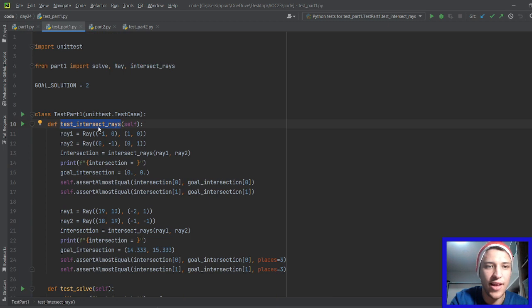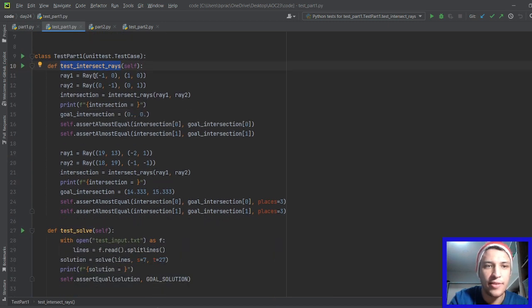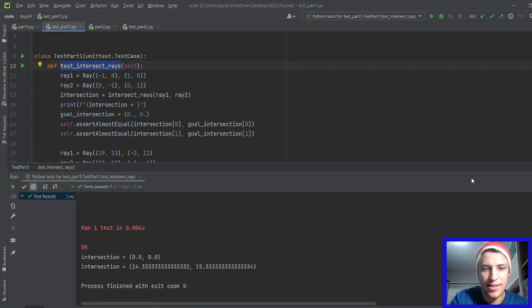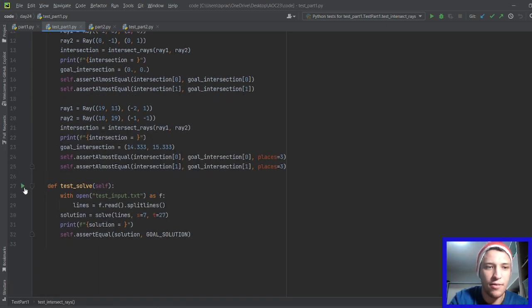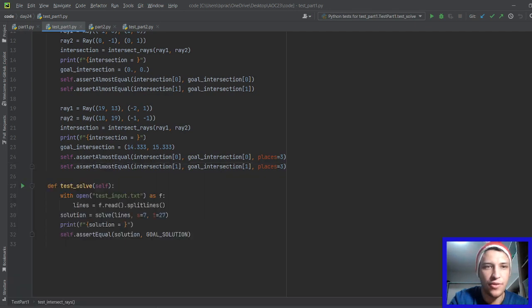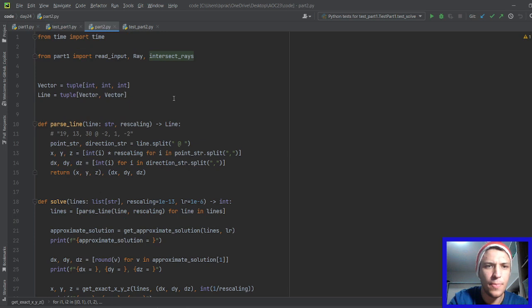So we should, of course, test. First, we test this intersect rays function, because we want to know that we did not make a typo or something like that. And that looks good. So we also run the test on the solution on our test input, and that also looks good. We can also run it on a real input, and it also turns out it gives us the correct solution. For part 2, we actually have to consider the x, y, and z coordinate, and then we want to